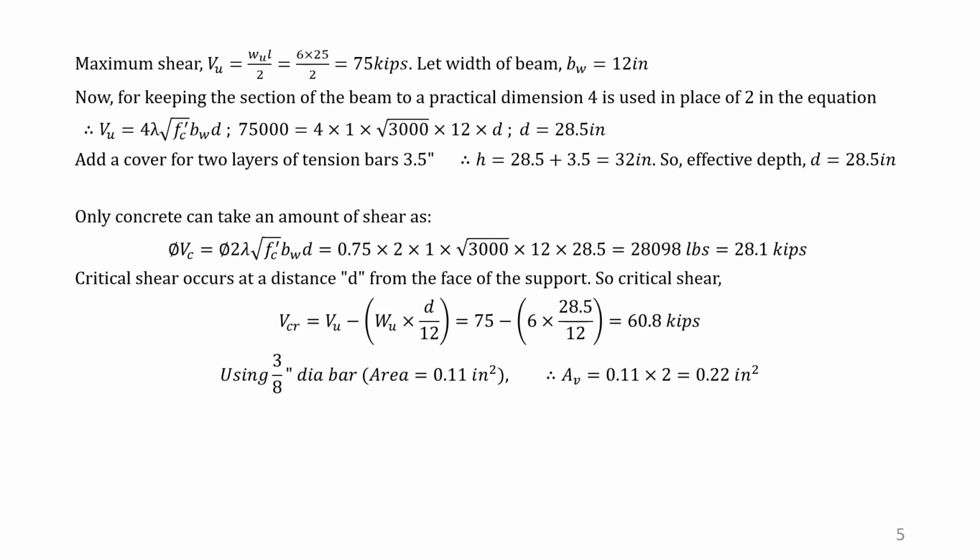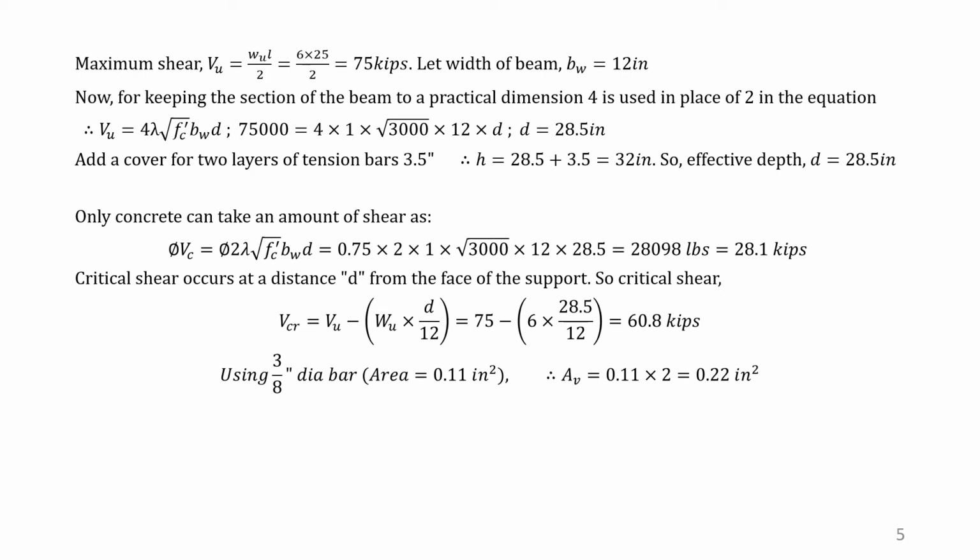Normally the beam width in a building is 10 to 12 inch. Therefore here we have kept the beam width as 12 inch. We have taken the beam width as 12 inch. And now, for keeping the section of the beam to a practical dimension,